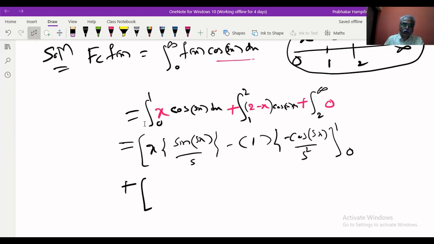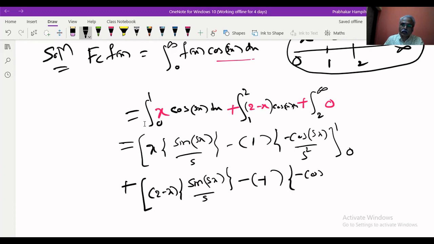Plus the second one, where instead of x it is 2 minus x. The integration part remains the same. Can you observe that? If you write one below the other in such broken functions, the integration parts remain the same. Since the differentiation of this is minus 1, I'll write minus 1 here, and minus cos sx by s